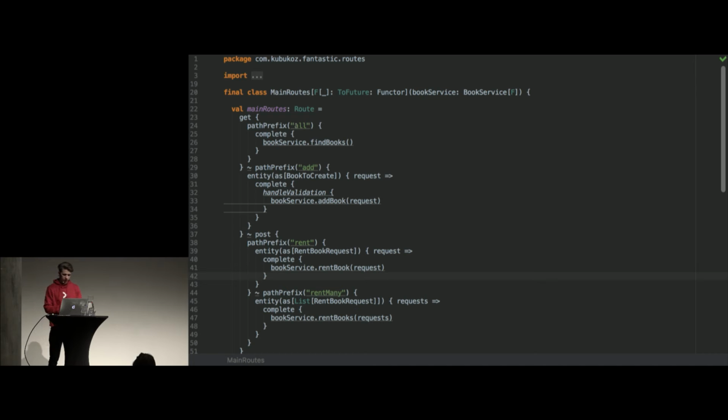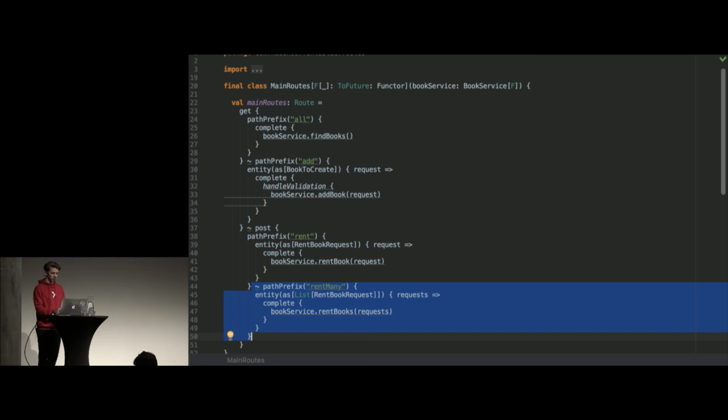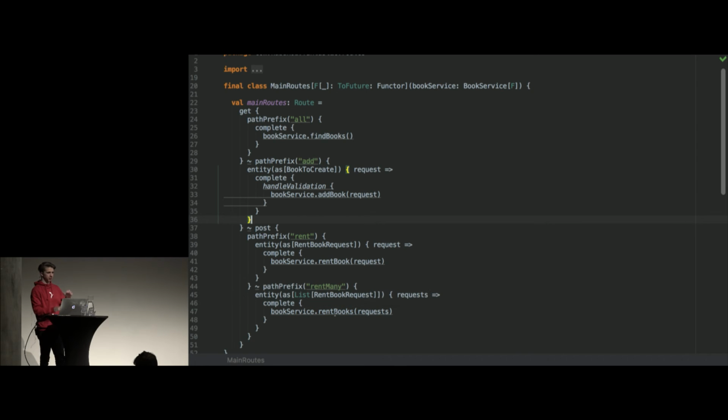Okay, finally. So this is our controller. As I said, this will be a book library backend. So we'll have one endpoint for getting all the books that we have, one for adding a book, one for renting a book, and one for renting many books. So if you can guess how rentBooks is implemented at this point,